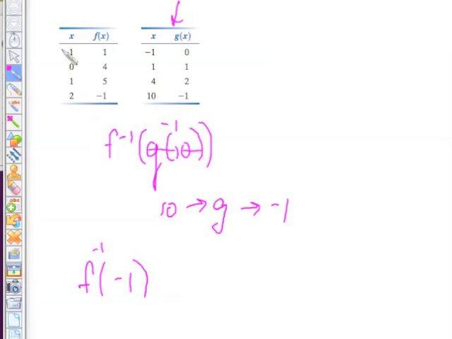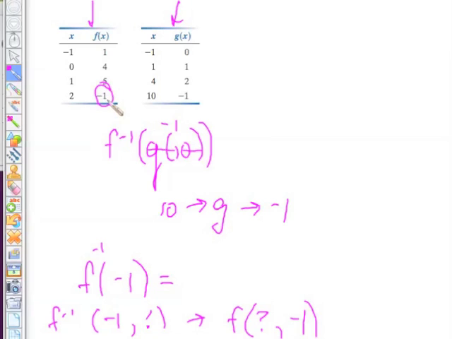Now, instead of finding the inverse of f, another way to look at this is we are looking for the ordered pair. If it's f inverse, it looks like negative 1, what? But if we reverse it to the function itself, then it would look like, what input would give me negative 1 as an output? Because if negative 1 is the input of the inverse, then it must be the output of the function. So I can look now at f and see that when negative 1 is the output, the